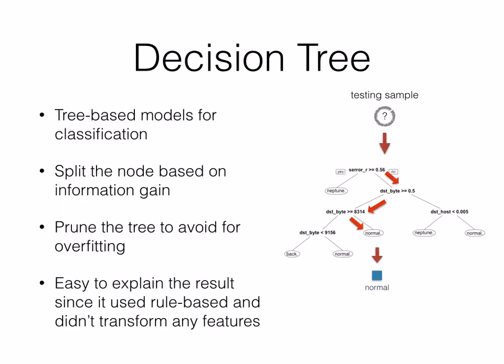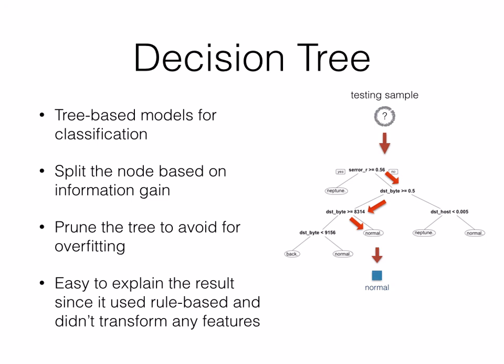So now I'm going to use the decision tree model. A decision tree is a tree-based model for classification. After you learn a tree, you just put a testing sample in it, go right or left, and finally you know what color it has. The thing we need to be careful about is that we need to prune the tree to avoid overfitting, because if you grow the tree too large or too deep, it's very easy to overfit